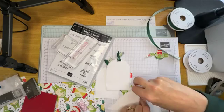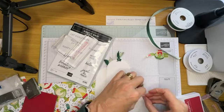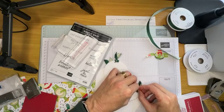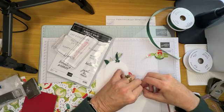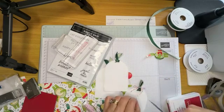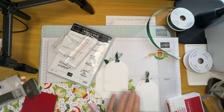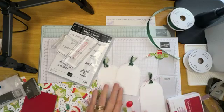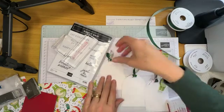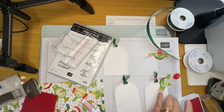You just bring that around like that, and then you tie a little bow at the top of the twine. So that's another way of using your ribbon on top of your tags, and then just cut that off there like that. Okay, so now I think what we'll do is we will do this one here,